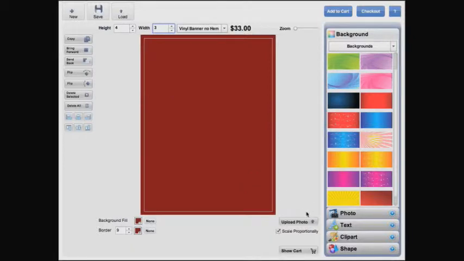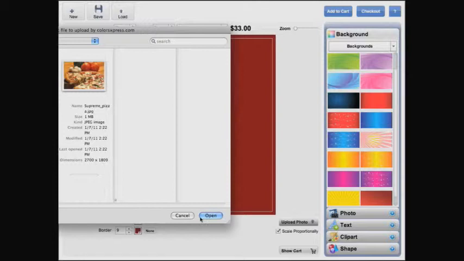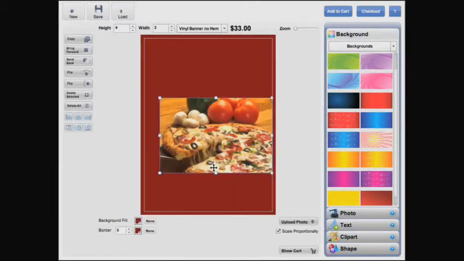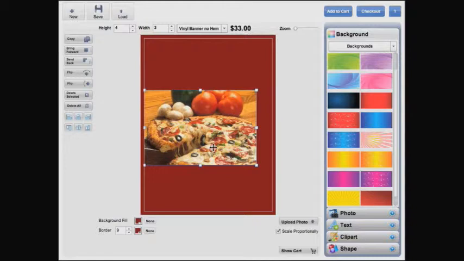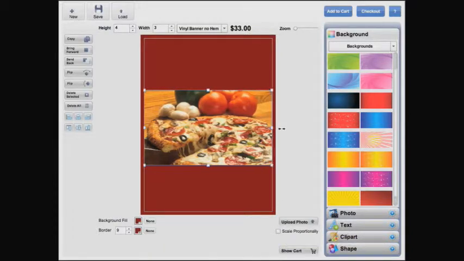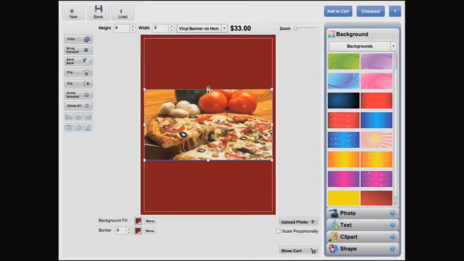Now we're going to add a photo to our banner by clicking on the Upload Photo button. We can now browse the hard drive of our computer to select our picture. We can drag it around the banner area to place it where we would like it to appear. We will now stretch the image to fill the entire width. We don't want it to take up any more vertical room, however, so we will uncheck the box marked Scale Proportionally. If this box were left checked, the image would expand and contract both horizontally and vertically at the same